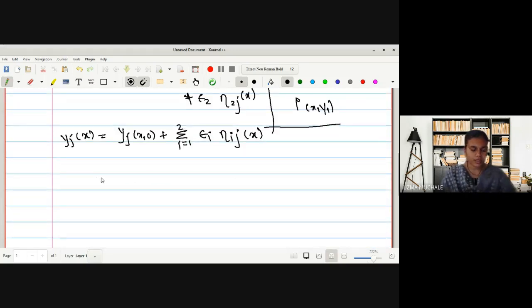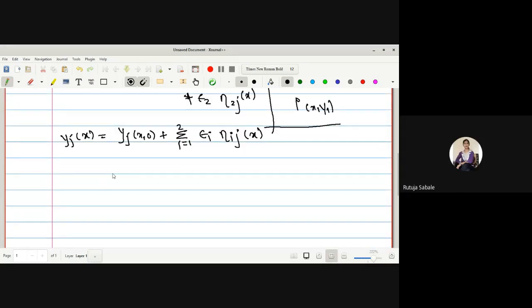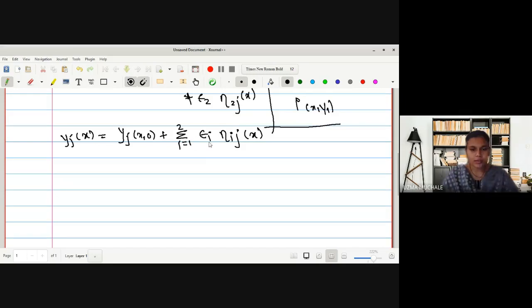Any doubt for this? No, ma'am. So what are epsilon 1 and epsilon 2? These are nothing but the parameters. For different values of epsilon, we get different curves, just like alpha. For different values of alpha, we get different curves. Now what is the next thing we have to verify?